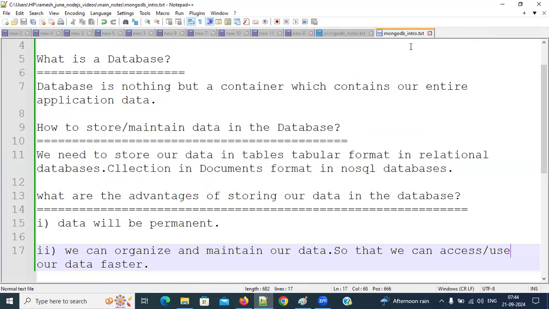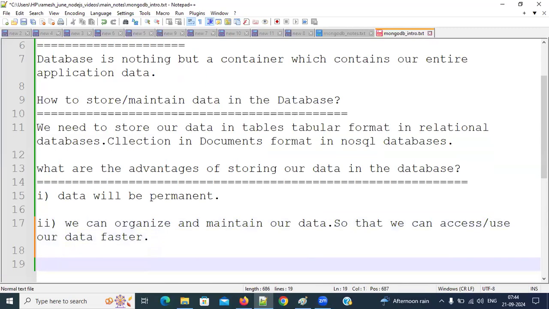So we can organize and maintain our data so that we can access the data faster. This is the first advantage. Then the second advantage. Then what is the third advantage? We can